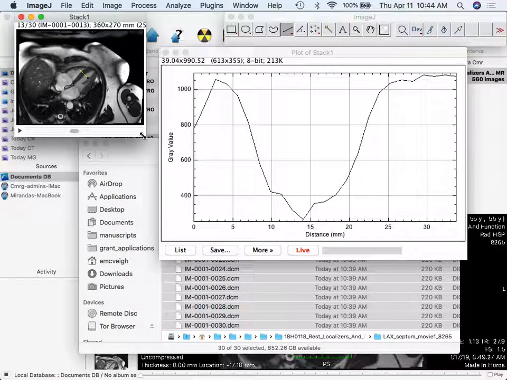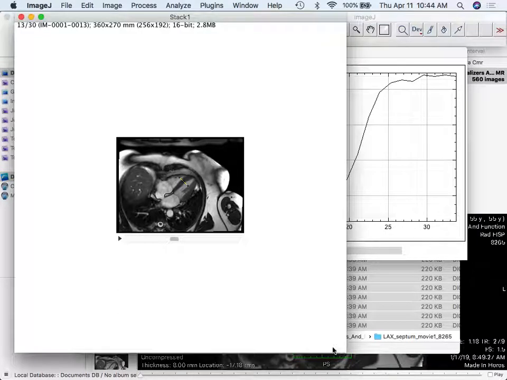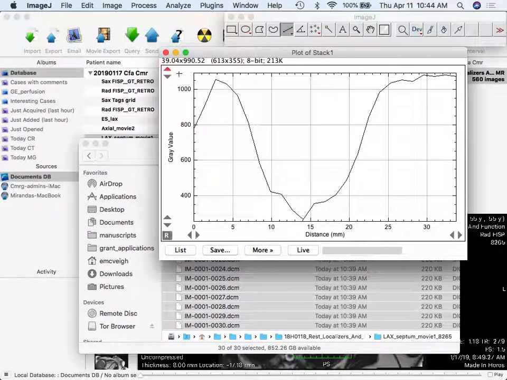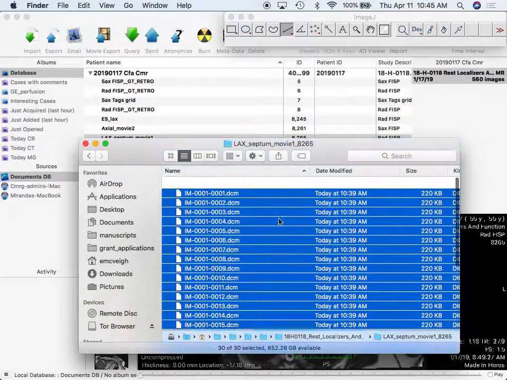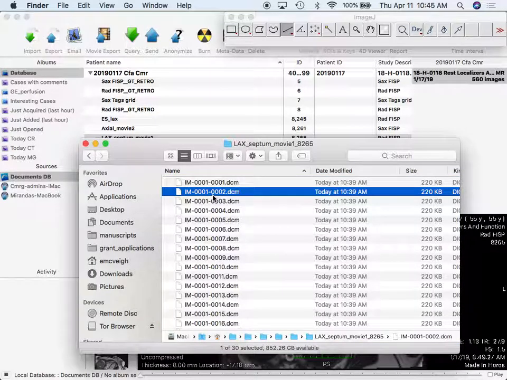What else can we look at? Oh, I know what we can do. Let's measure the signal to noise. So if I take one of these pictures, right? Let's take this one